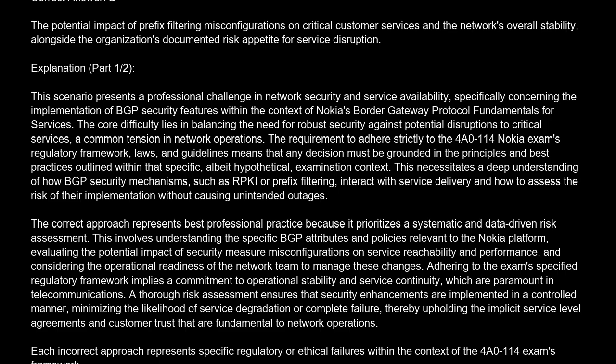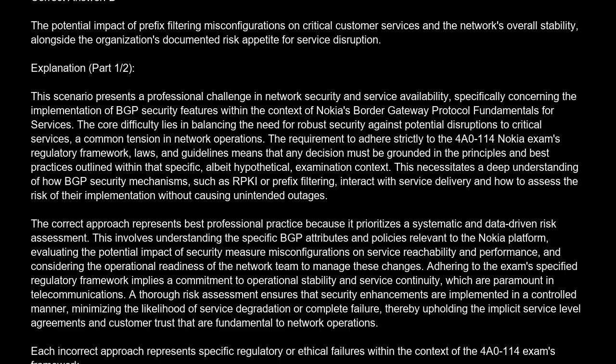Explanation. This scenario presents a professional challenge in network security and service availability, specifically concerning the implementation of BGP security features within the context of Nokia's Border Gateway Protocol fundamentals for services. The core difficulty lies in balancing the need for robust security against potential disruptions to critical services, a common tension in network operations. The requirement to adhere strictly to the